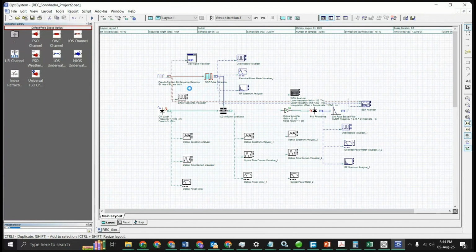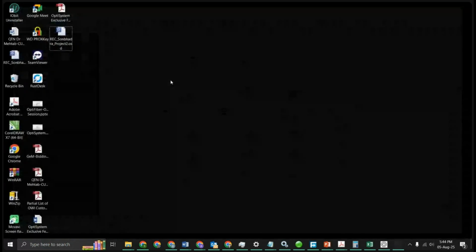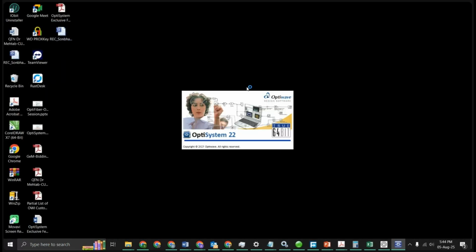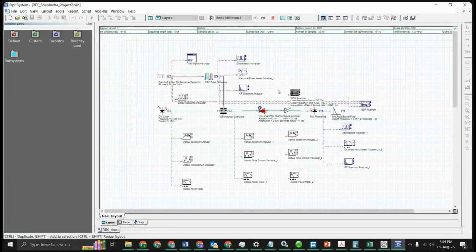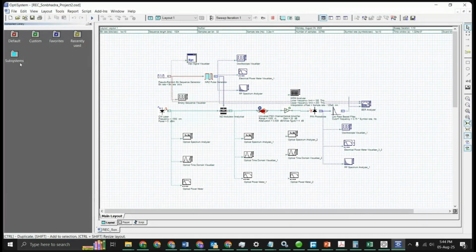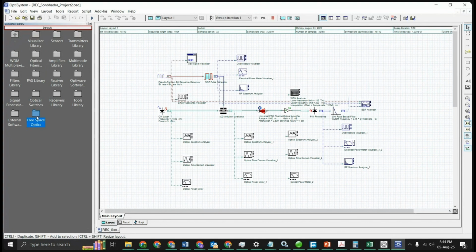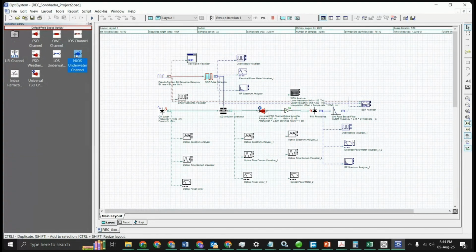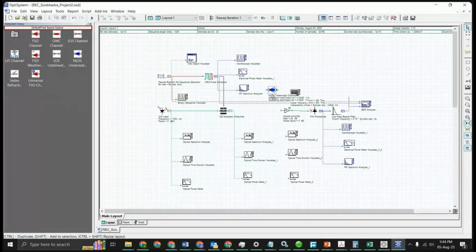What if I want to use the same concept for other applications? For an underwater scenario, you just need to change this component with this non-line of sight